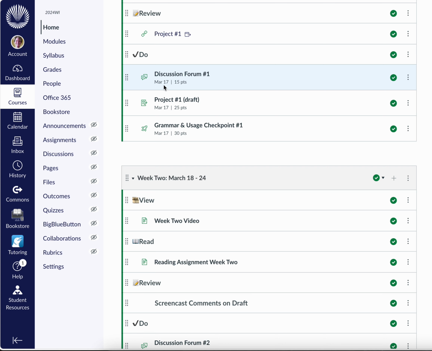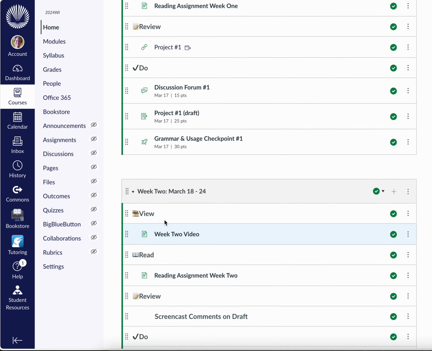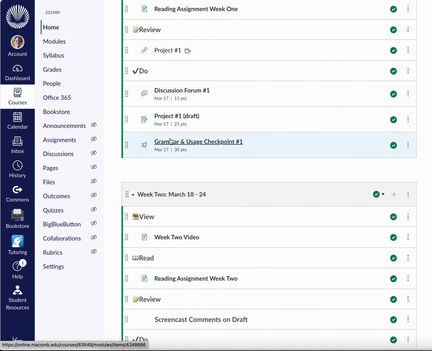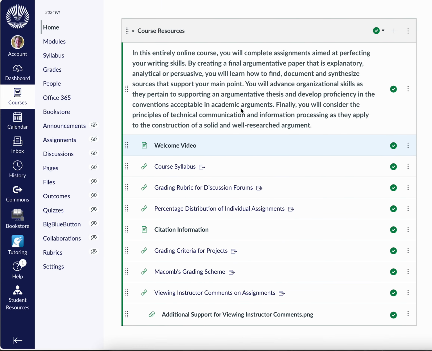And you'll notice down here below, you have the due date. Sometimes it's staggered. The next week, they're not all due on Sunday. You have something due on Friday too. So you'll want to pay attention to those. But I do send weekly reminders so that you'll know on Sunday what's due that day, but also what's due the next week and on which days. So that just gives you an overview of the course.